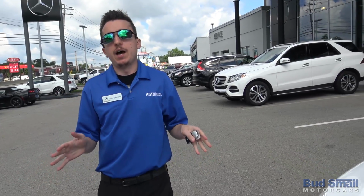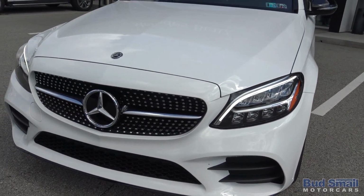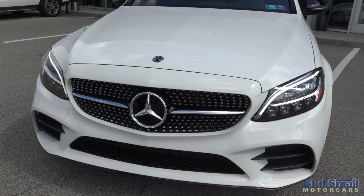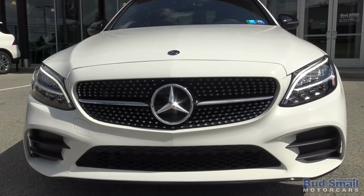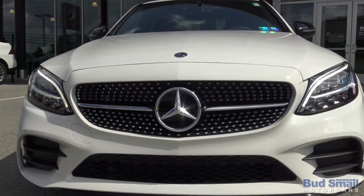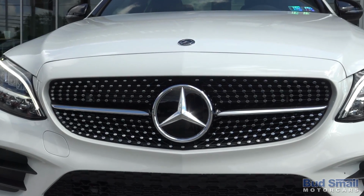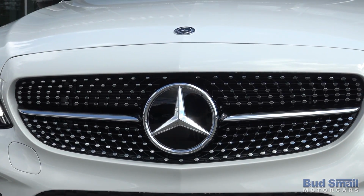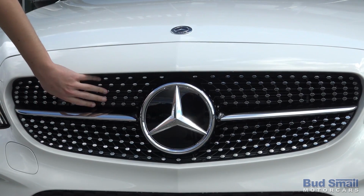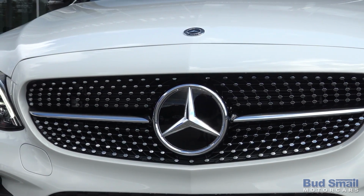Tons of new design choices on the Mercedes C-Class. So several things have changed for the new body design for this 2019 model year. First and foremost, and probably most notably, is the new grille. So Mercedes has finally done the diamond block grille on the C-Class sedan. This is now an option with the sport package that you have. This diamond block grille on the front gives it a really nice, sporty, aggressive approach to the front